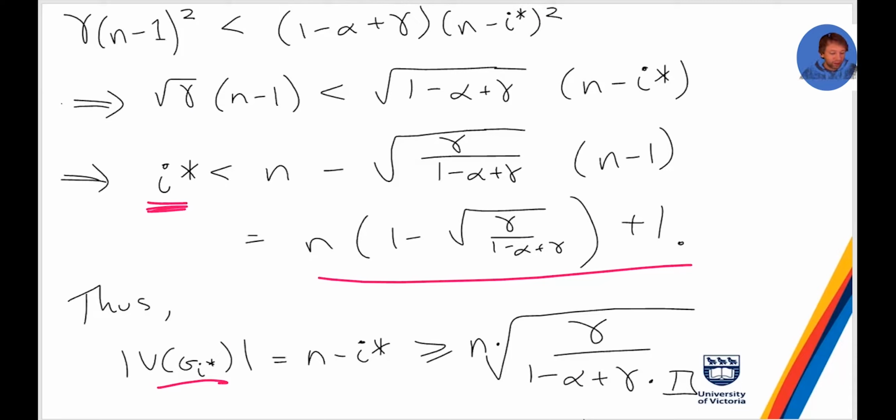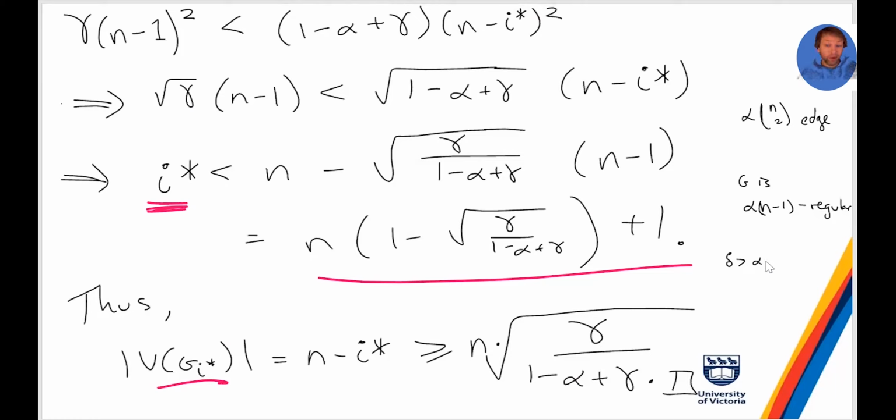Yeah, it's a good question. So the question was, will it ever stop before that time? And the answer is yes, because maybe the graph might have been like, if G is, let's say, alpha n minus 1 regular. So G has alpha n choose 2 edges. I think this is the right number here. Yeah, I think so. So if G was alpha n minus 1 regular, then actually the algorithm would stop before